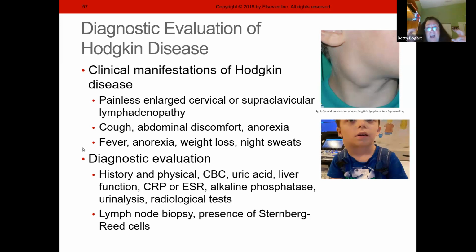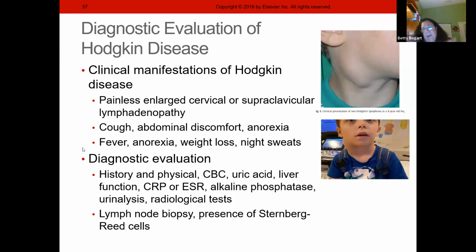Along with these non-painful or painless enlarged lymph nodes, there'll be a cough because they're squeezing against the trachea, right? And they're going to be anorexic, they don't feel good, and they'll have that fever that goes along with it. How do we diagnose this? Well, we're going to be doing that history, seeing how they're feeling,